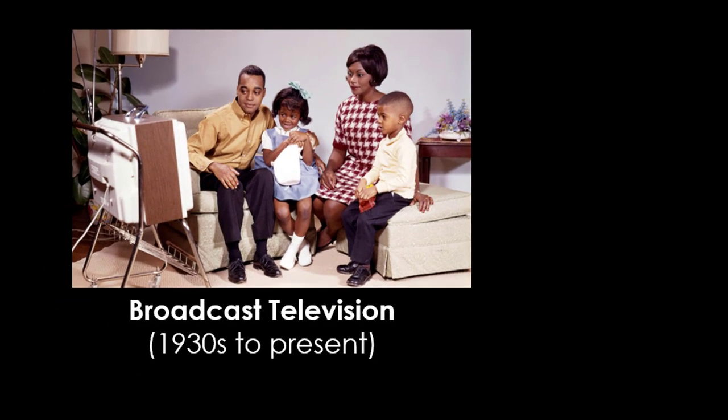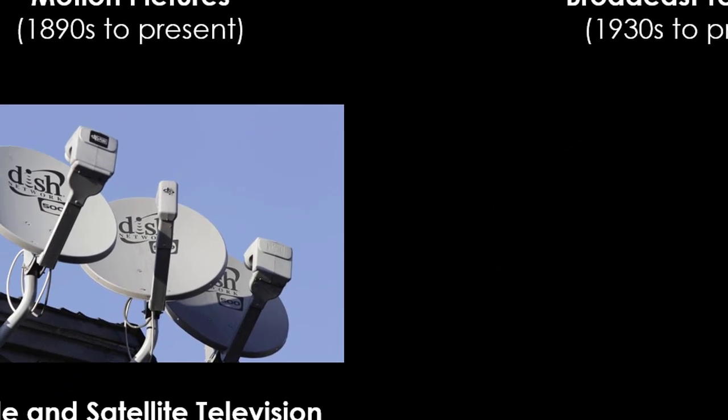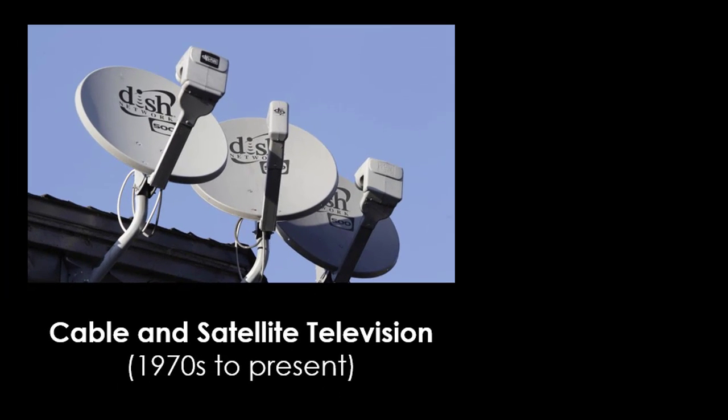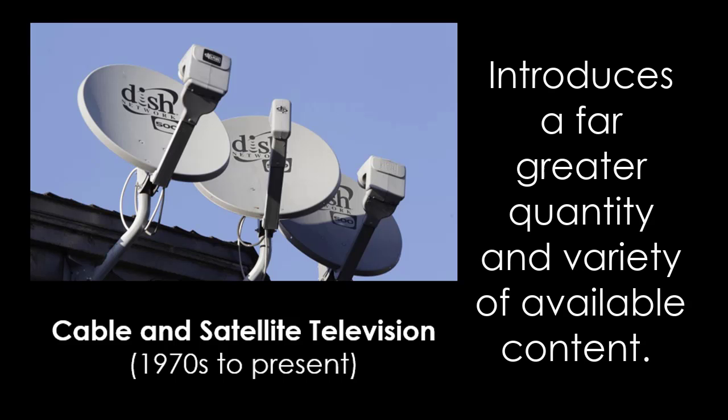Now, once we get into the 1970s, the limitations of broadcast television will be exploded by cable and satellite television. So instead of having 3 to 4 to 5 options for television that's available to you, and you can only watch whatever's on, cable and satellite television make it possible for the number of options in television viewing to absolutely explode, and to have the possibility of ultimately having some forms of television media available for you on demand.